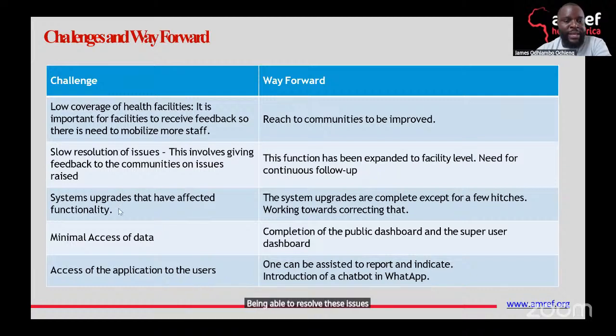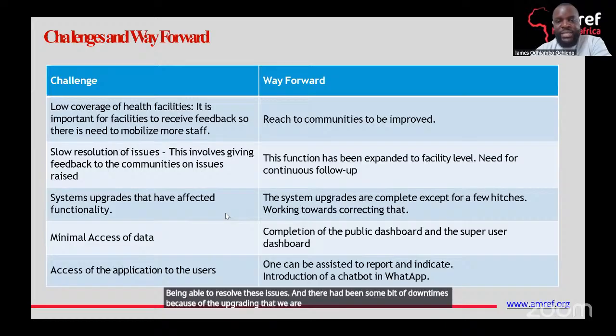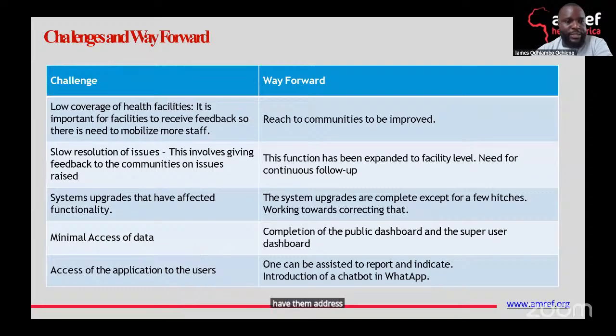And there had been some downtimes because of the upgrading that we are doing. The system upgrade we've now completed, and the few hitches currently being experienced will be addressed. So basically that's it, and thank you.